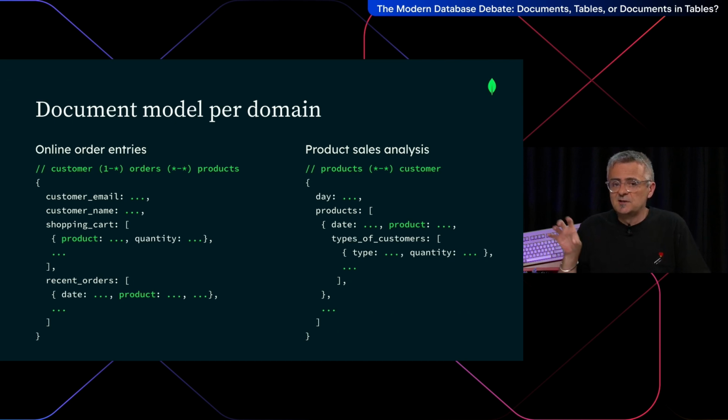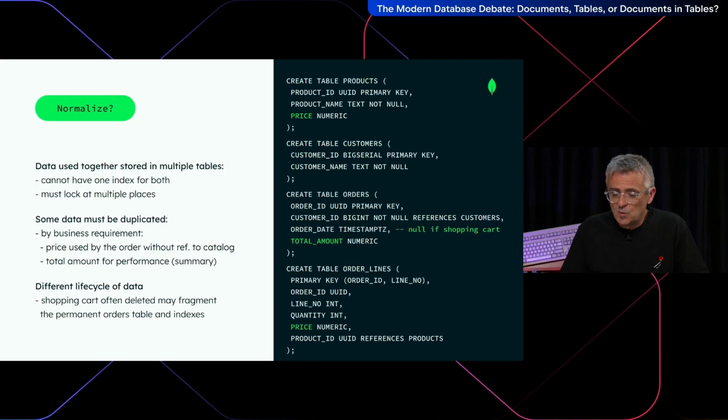But if you have a completely different use case, for example the analysis of the products, then you need another model, because you can put an index on product there, but you have only the recent orders. If you want to analyze the orders of products for 10 years, then you will probably have another database, more analytic, with a different model per day and per product. So that's the idea of the different domain access patterns. Where if you normalize for a SQL database, that's easy. It doesn't depend on the access.